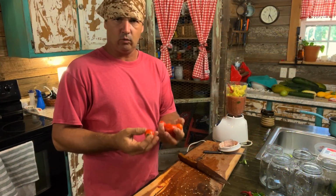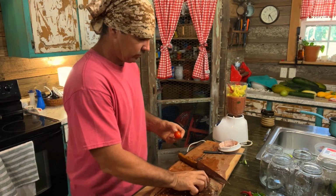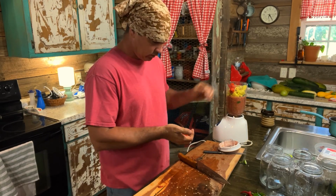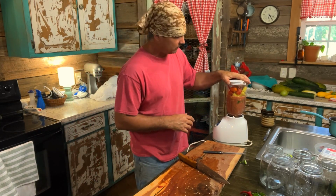And put as much of it as you want in there. Now another thing, we have got loads of these little grape tomatoes, and you're not gonna can these because you gotta peel them and they take forever. So just drop them in there whole. You need to make sure the stems are off of all of them. Then when you get that in there like that right there,